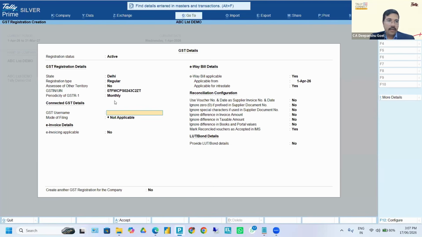We take the monthly. We need a GST username, by which Tally communicates with the GST portal, takes all the returns, and gets the permissions for downloading the returns. Right now, in the live environment, we are unable to show you the GST user ID of any client. So we put anything as a